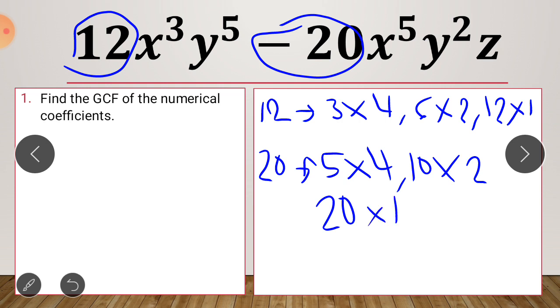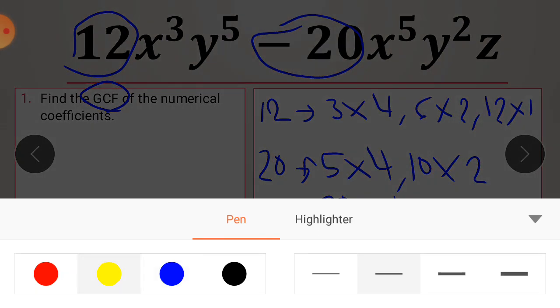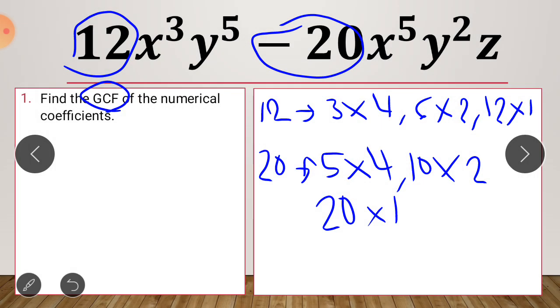Okay, so what we're trying to find here is the GCF, greatest common factor. So let's identify first what the common factors are. They both have 1, they both have 4, and they both have 2. So what do you think is the GCF? The greatest common factor is 4 because 4 is the greatest, right? Okay, so next